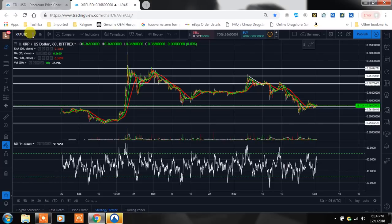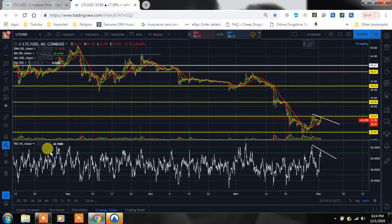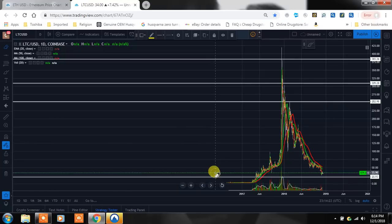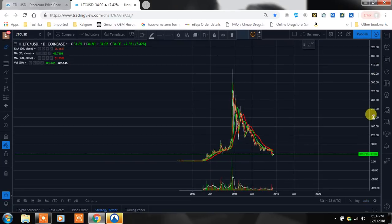because even when you step back and look at these charts, let's take a look at this, guys. Let's even go to Litecoin here. I just want you to see this. We're going to go on the 1 day. Tell me if this isn't where you would want to be accumulating if you know there's going to be another market cycle. So if you don't believe Bitcoin's dying this time, this market cycle, and you don't think it's over for Bitcoin, and you know there will be another market cycle,